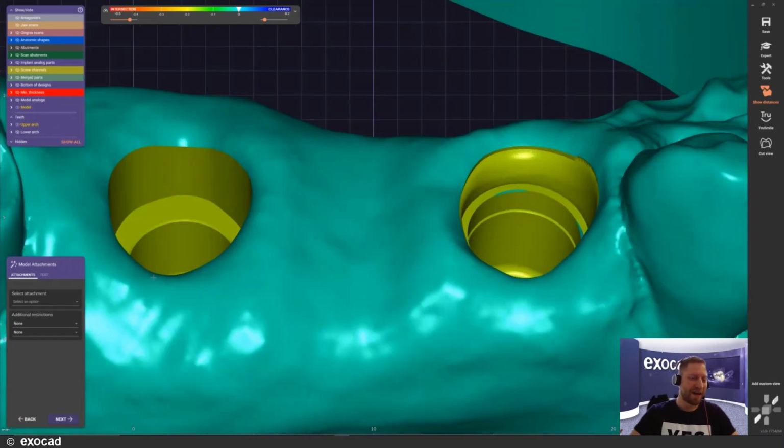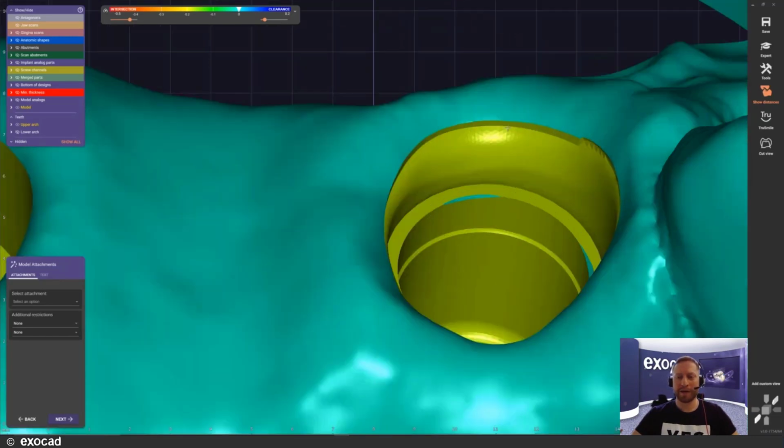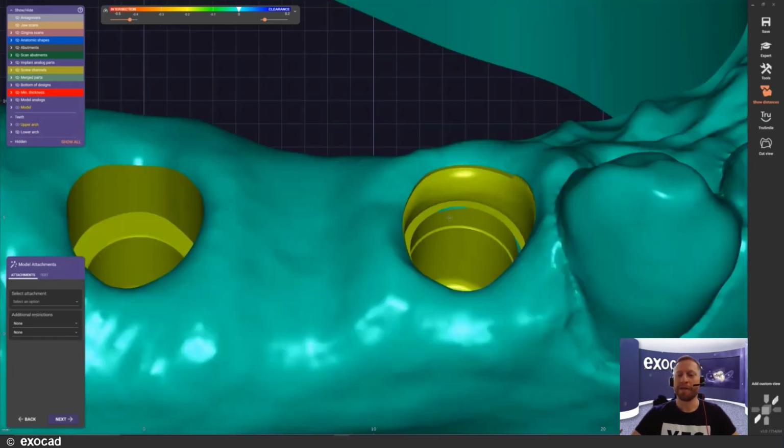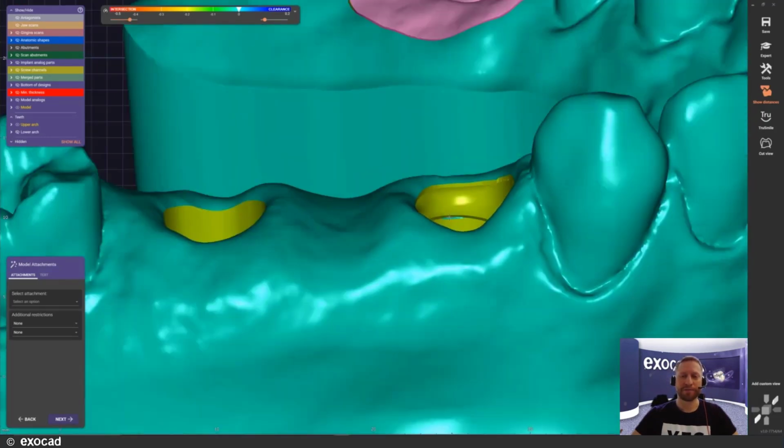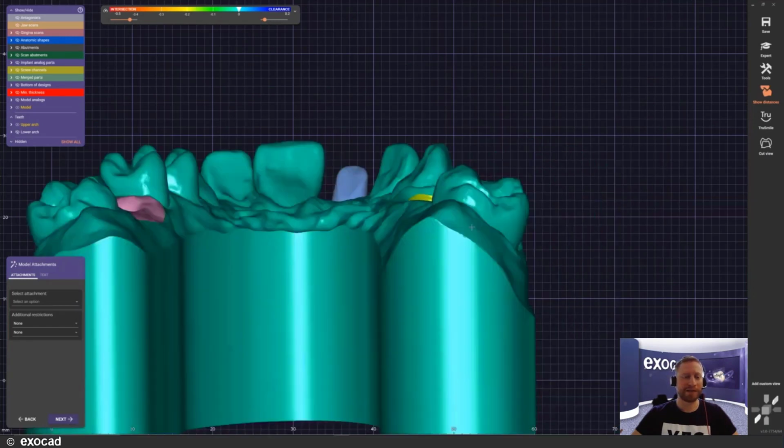This one also smoothens down the gingiva part a little bit to give you a more realistic feeling of how the crown will be displacing the gingiva here as well. That's very nice. And the other version would be a very straight cut through the gingiva. You can see that by the little edge here as well, and it gives you different options for your own design purposes. Everything else is set up very nicely.